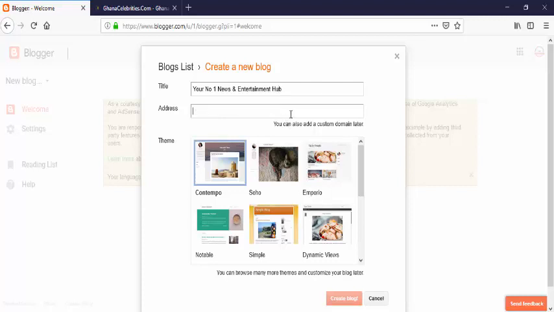Then the next thing is your address, and what they mean by address is whatever name you give here. For example, if I type calagon.com, it means that currently this is not available. Calagon.com is not available, so let's say calagon.gh. You can see it's available. So what does this mean by address? If I want people to visit my site, all I need to do is tell them to go to calagon.gh,